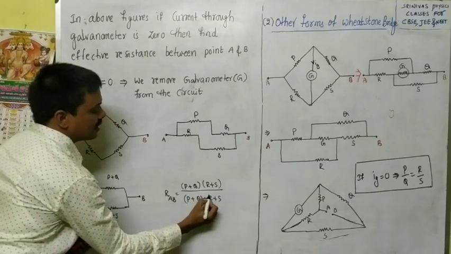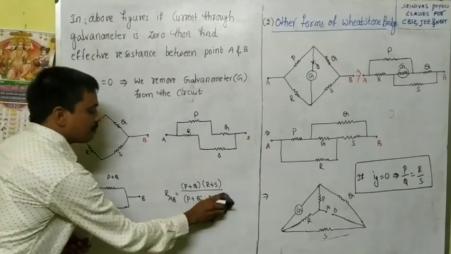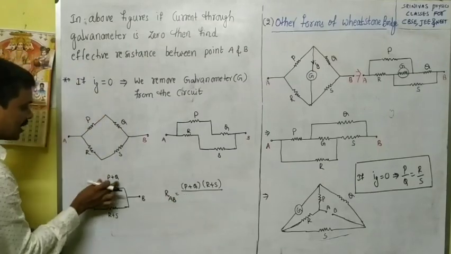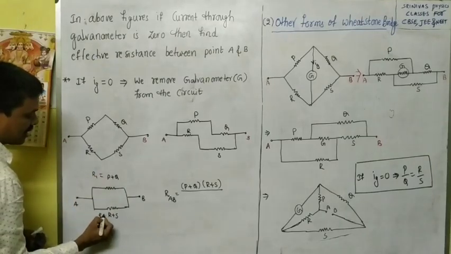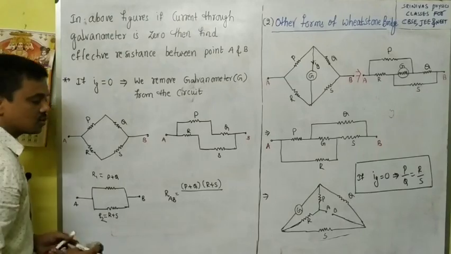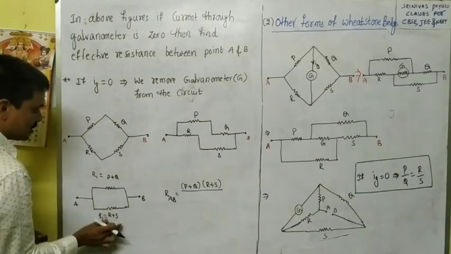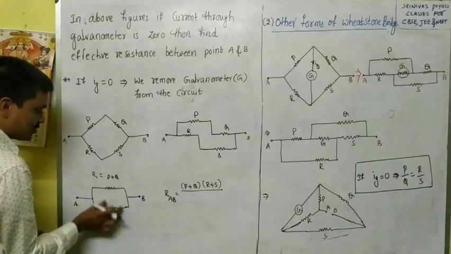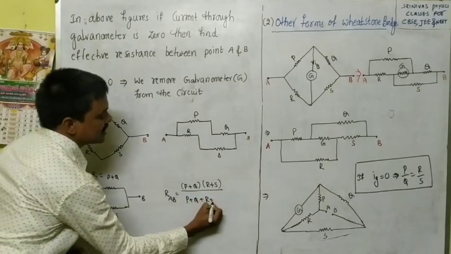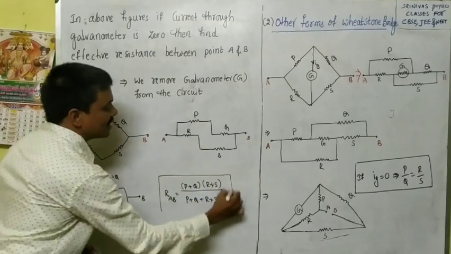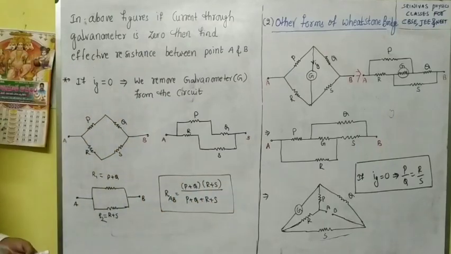Okay, this formula is from the parallel combination of resistance, right? You take this as R1, this as R2. The parallel combination formula is what? R1 R2 by R1 plus R2. This we have to multiply, and these two we have to add, right? P plus Q plus R plus S. By using this formula, we can easily find out the